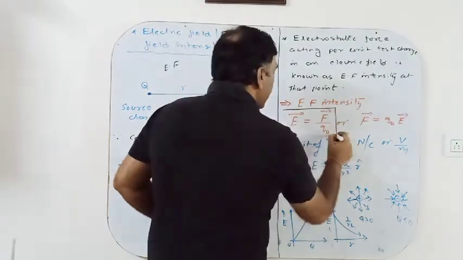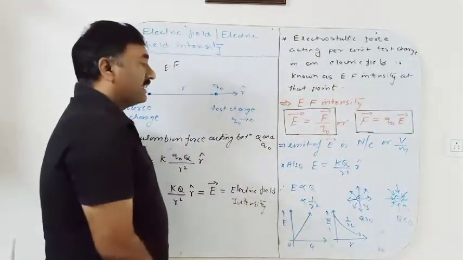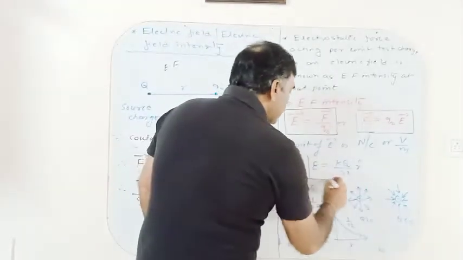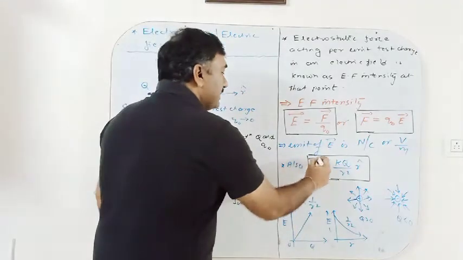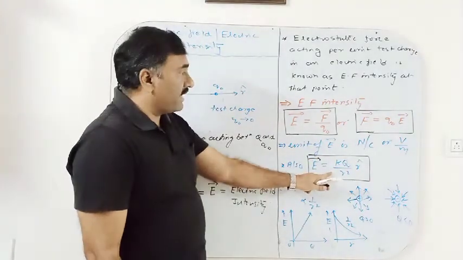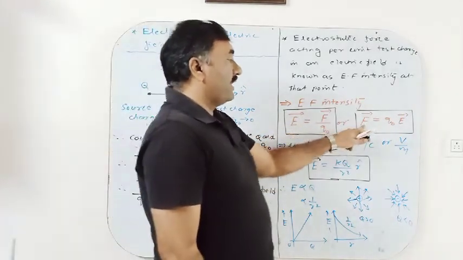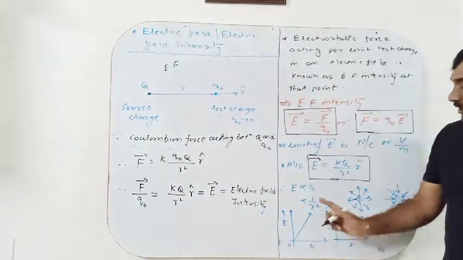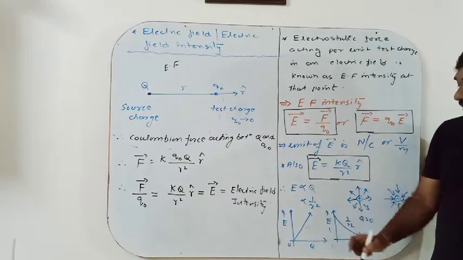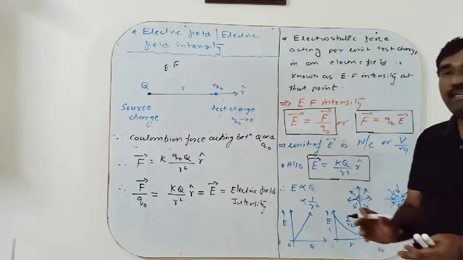These are the two very important formulas for force and for electric field intensity, and in the maximum number of cases we use them when charge and distance are given. So E is equal to kq by r square with the direction of r caret. When charge and force are given, E is equal to F by Q naught, or F is equal to Q naught into E. So here electric field is directly proportional to charge and inversely proportional to the square of the distance. For Q greater than 0, electric field is radially outward. For Q less than 0, electric field is radially inward.